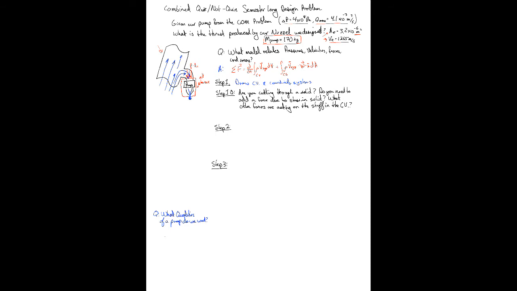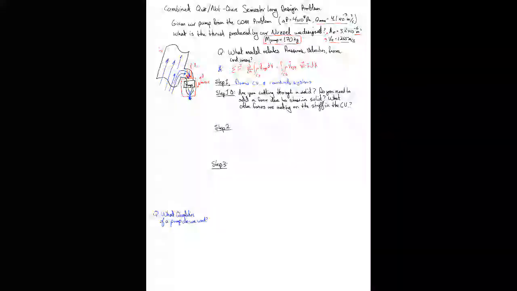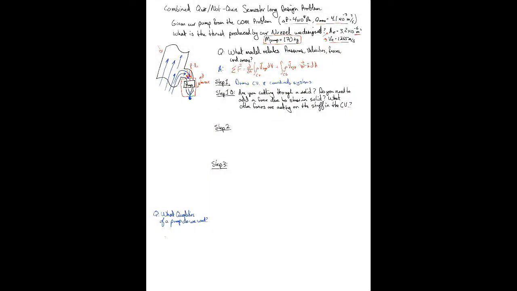And there are going to be internal stresses in the pipe that we cut through. So there will be stresses on our control volume due to the pipe, and we're going to call the sum of all those stresses times the area F pipe. And it turns out that F pipe is what is holding this pump in place. So this will be equal and opposite